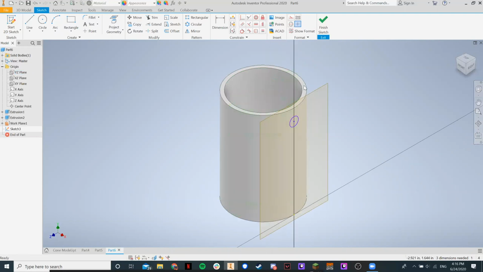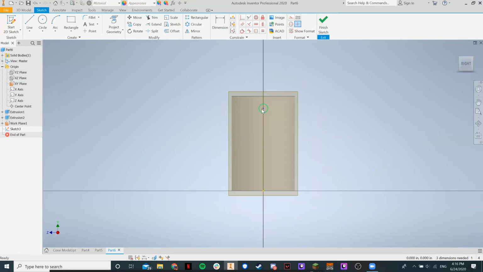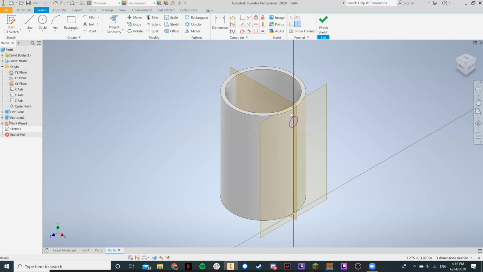So go ahead, let's go back here. So we have our circle right here, right, on the YZ plane, right? Let's go ahead and hover over it until we have the XY plane this time. So let's turn on visibility, and there we go. You see how it runs through the center of our circle right here? And that's exactly where we want it. So let's finish the sketch,